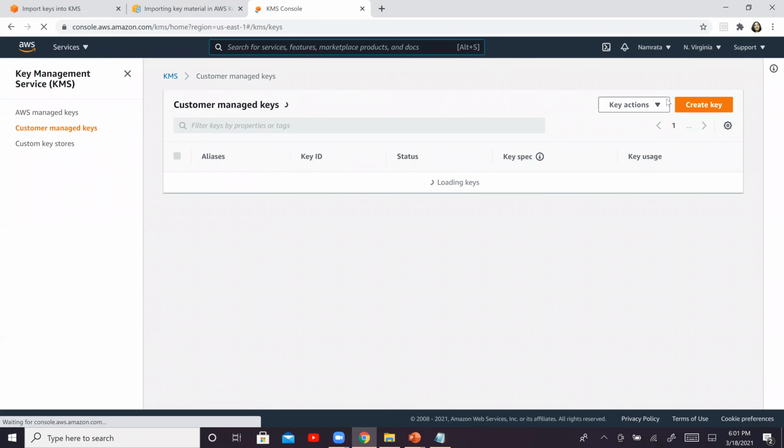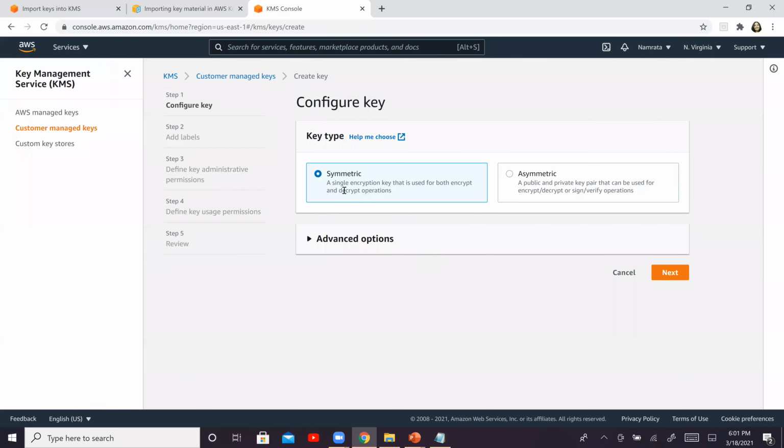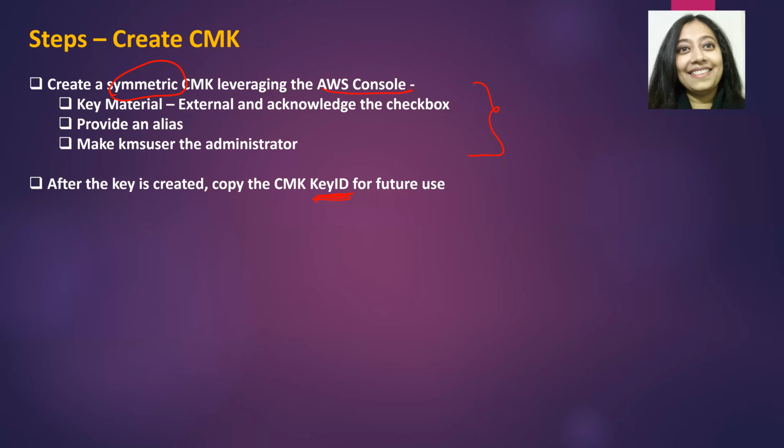Customer managed keys. Create a key. So it's going to be an asymmetric key. Now remember what were some of the parameters. For key material, you need to ensure that it is external and acknowledge the checkbox at the bottom. You need to provide an alias over here and make KMS user the administrator.